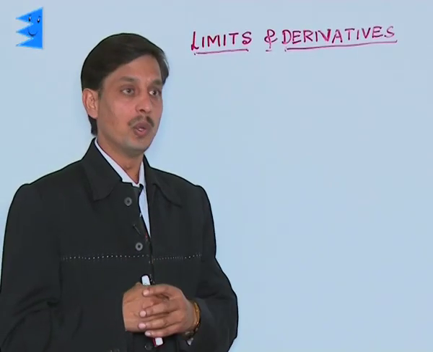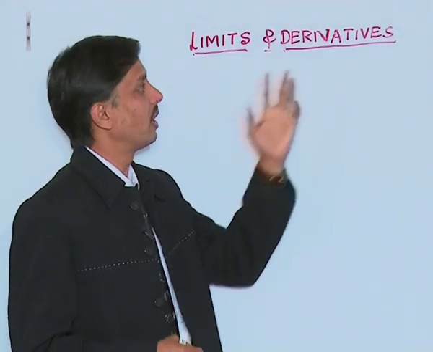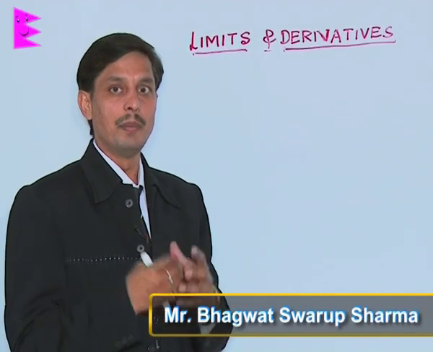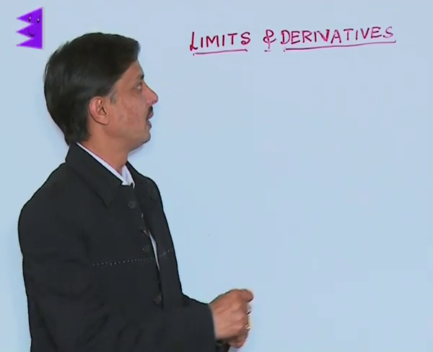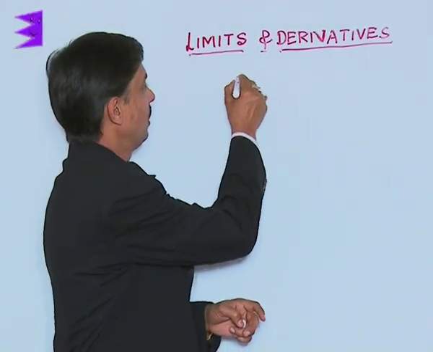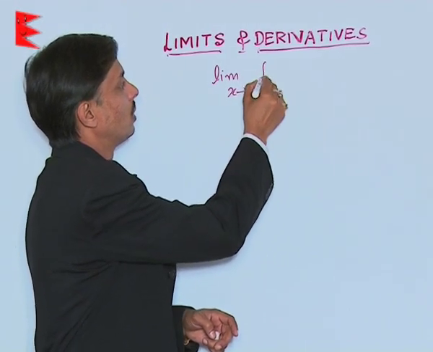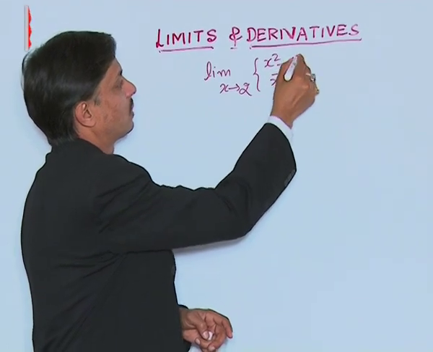I want to tell you about the new chapter, limits and derivatives. In fact, what is the limit? If I tell you about the limit with the help of an example, that is, limit x tending to 2 of the function x square minus 4 upon x minus 2,